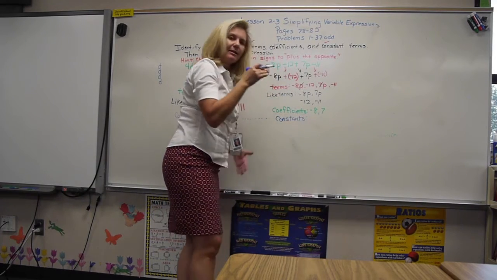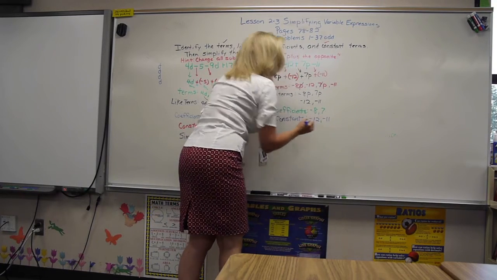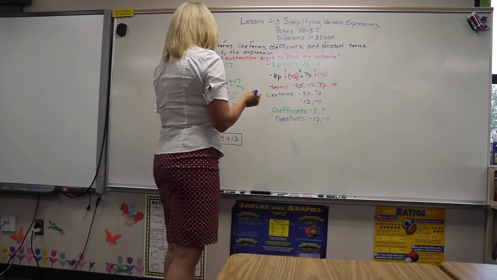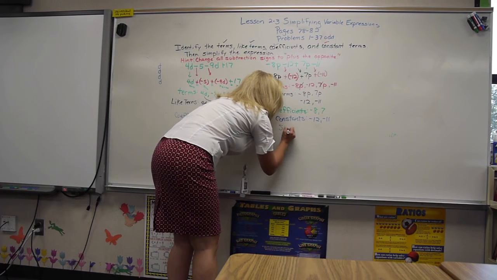Those are just the numbers that you find on the number line. And I have a negative 12 and a negative 11. And then my final thing is now simplify. So this is where I want to pull together